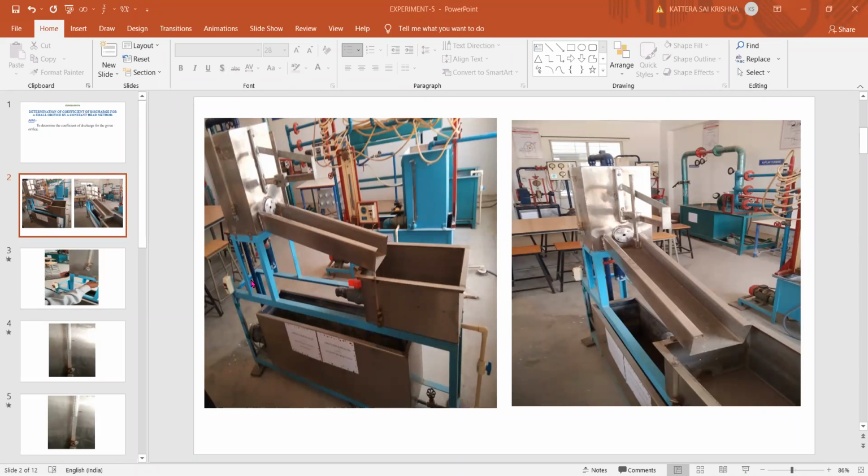Constant head method. So the water head, nothing but the height of water, should not change even though water is coming out from the orifice. In that way, we need to arrange the discharge of the water coming from this pump to the supply tank. We need to regulate the valve such that the water level inside the tank always remains constant even when water is coming out from the orifice. That's why it is called the constant head method. It will take more time when you're doing the experiment to keep this constant. While seeing the experiment, you can understand it.